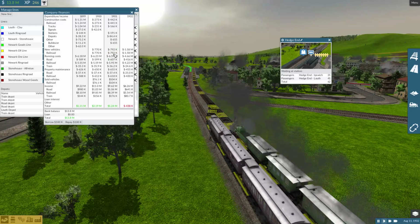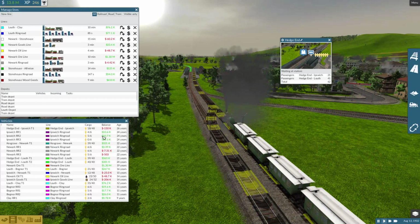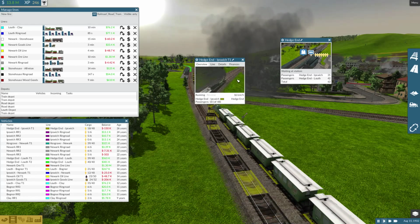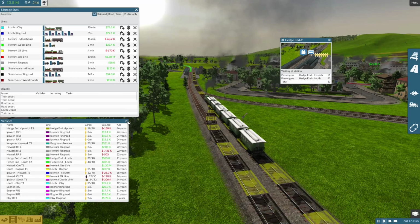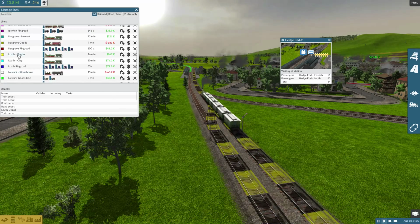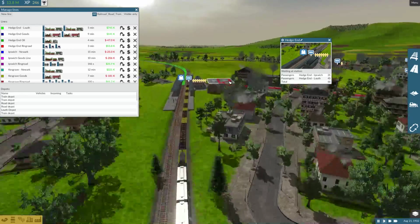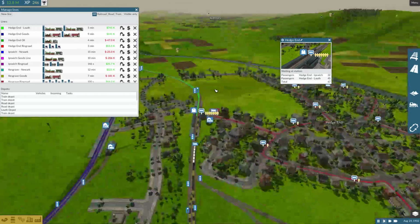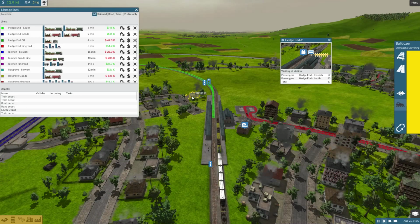How are we doing on our age of trains? Wrong tab. On this one. Hedge End to Ipswich is our oldest one, which is probably this one. It is. The line is doing good, interestingly enough. Oh, no, it's not making loads of money, but it's doing okay. So yeah, we need to basically time it so that when the trains clear off these passengers, we can build a better...